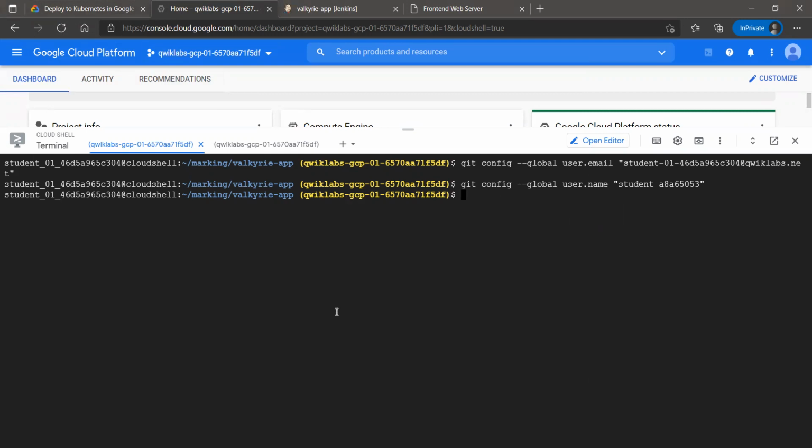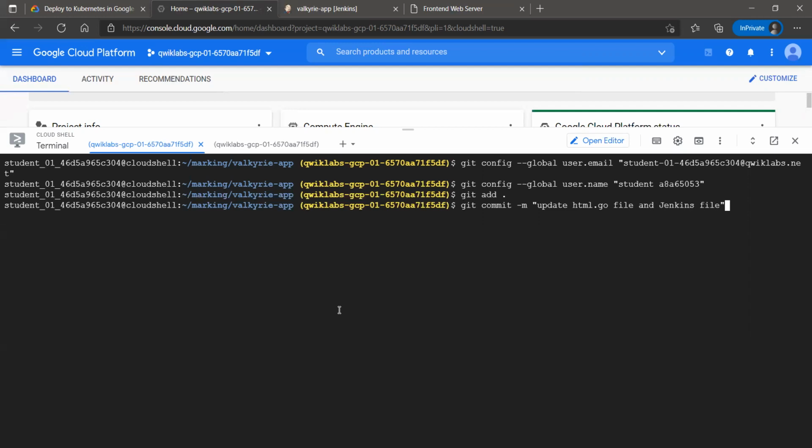Now let's add the files to the staging area. For that we need to run this command, git add dot. Now simply commit with a message, any message you can give, updated html.go file and Jenkins file.